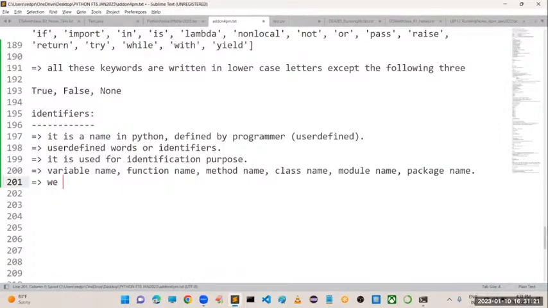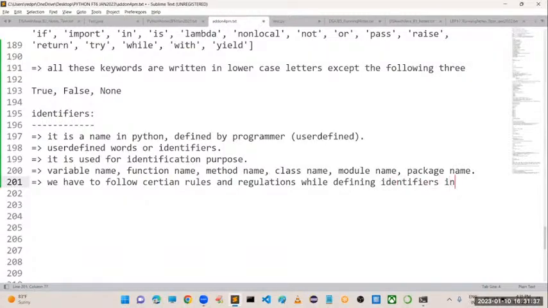Okay. And we have to follow certain rules and regulations while defining identifiers in Python. Like in all the languages, we have rules, with small changes.